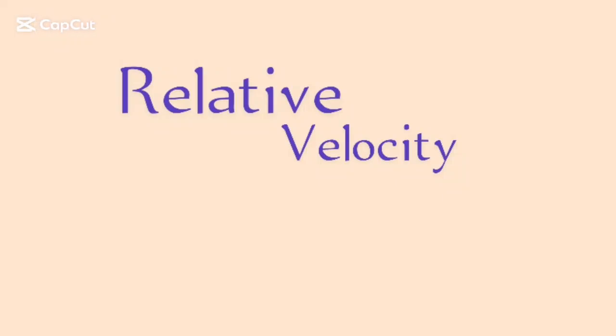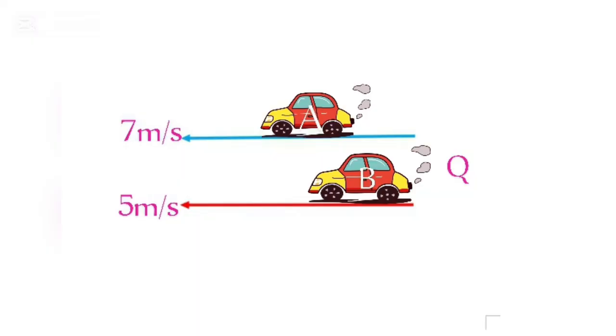Hello everyone. Our topic today is relative velocity. Let's assume a car A is moving with a uniform velocity of 7 meters per second in a particular direction from Q, as shown in the diagram. And another car B is moving with a uniform velocity of 5 meters per second in the same direction from